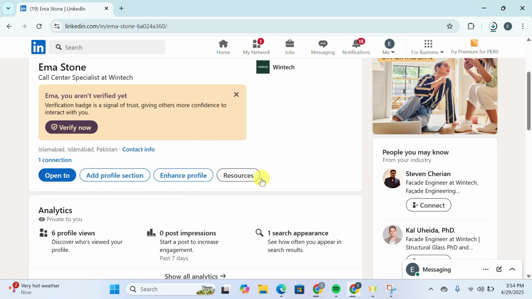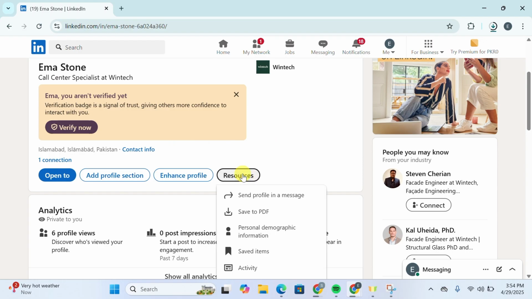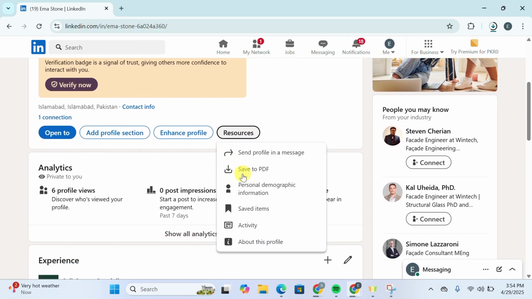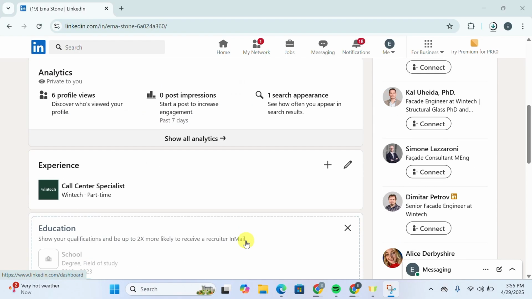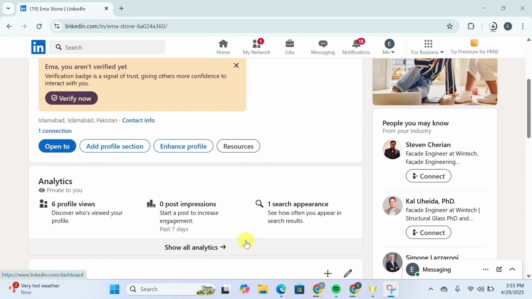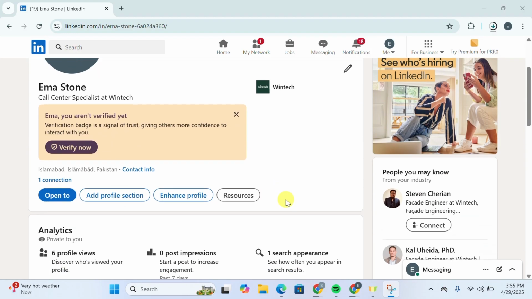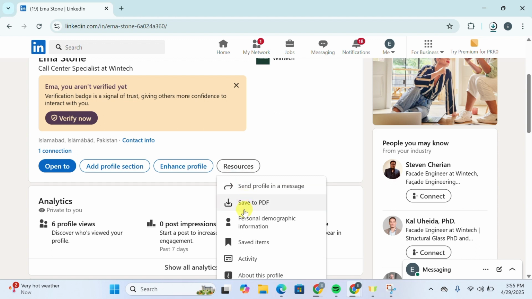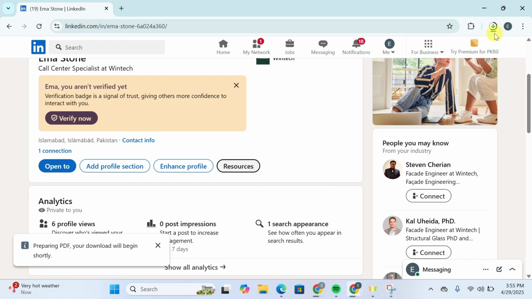All you need to do is simply click on Resources over here and you'll be able to see a couple of options here again. All you need to do is simply click on Save to PDF. But before that, you gotta make sure that you have your LinkedIn profile set up and you have added all of your past jobs and everything is set up. So you gotta simply click on Resources, click on Save to PDF, and you'll be able to see that PDF